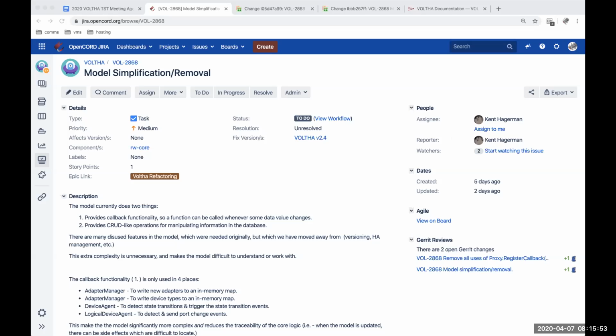Given that we are no longer using the compare mode, then it makes sense to remove the model because it's way too complex for what we are trying to do now. That said, the callbacks, we could just remove the callbacks and stick the way that Kent did it, in a way like before.